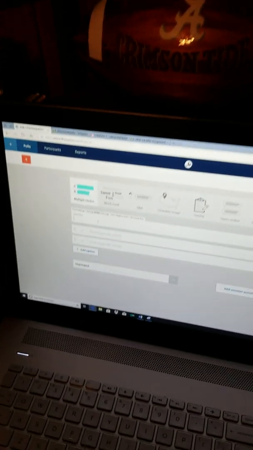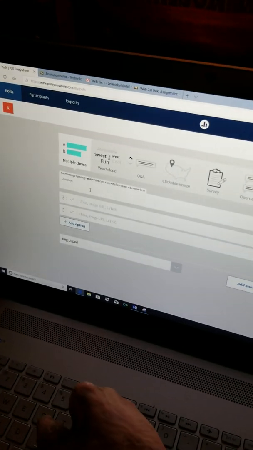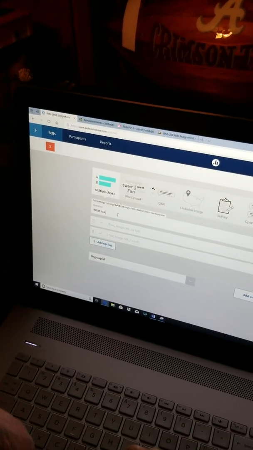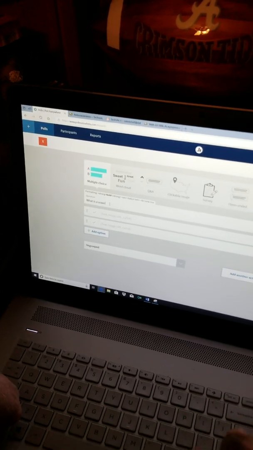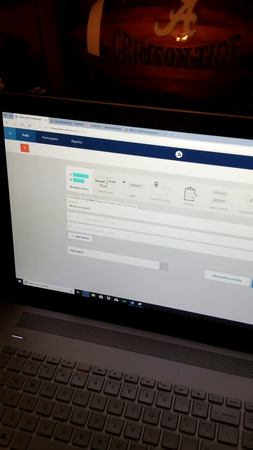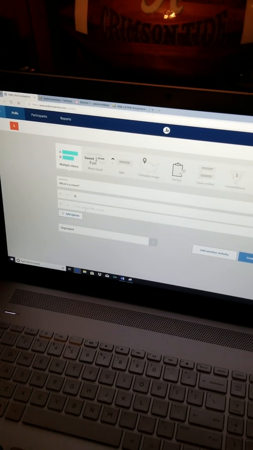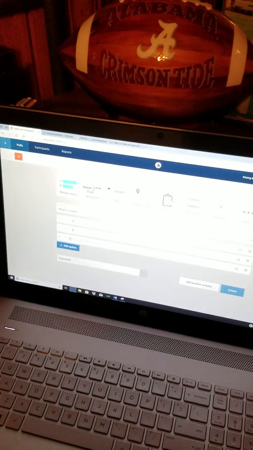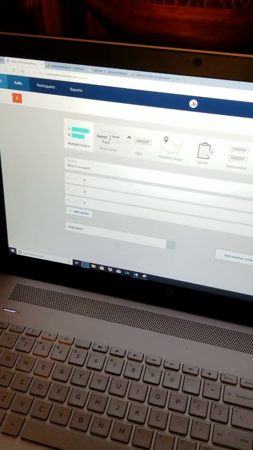So I'm just going to type in, for instance, what is a vowel? Question mark. And you'll just put A. You come down here and try to mix them up. Put D. You can add E. You can just keep adding. And then once you create it over here,